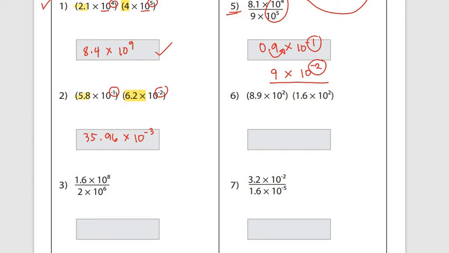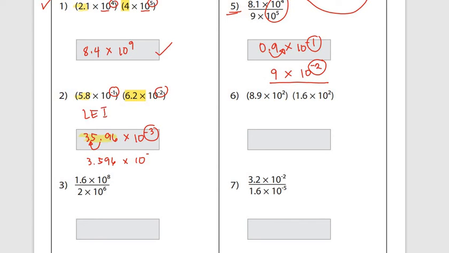Now, look at your m value, the numerical factor. Does it conform to the criteria for an m value? The m value should be less than 10. In that case, we should be moving our decimal point once to the left, making it 3.596. And since we have moved it to the left, instead of having negative 3,